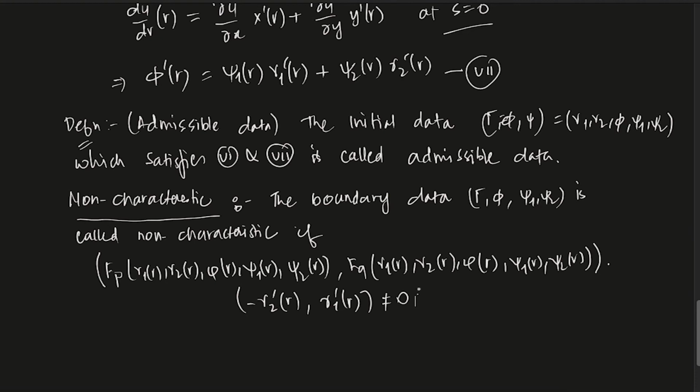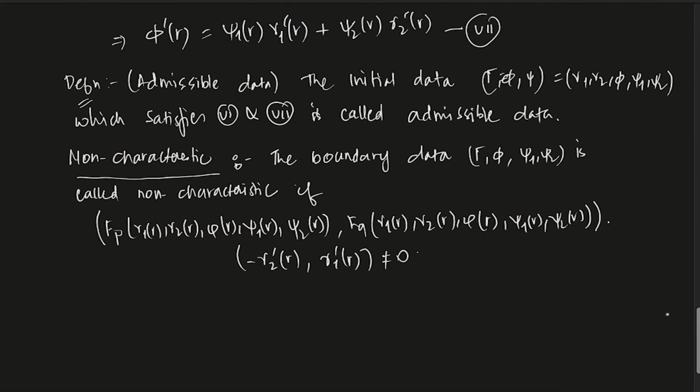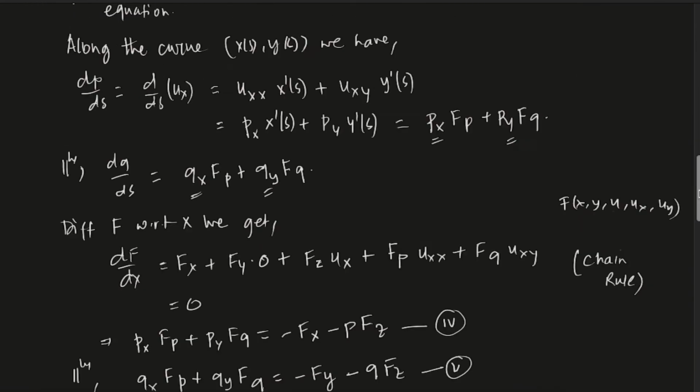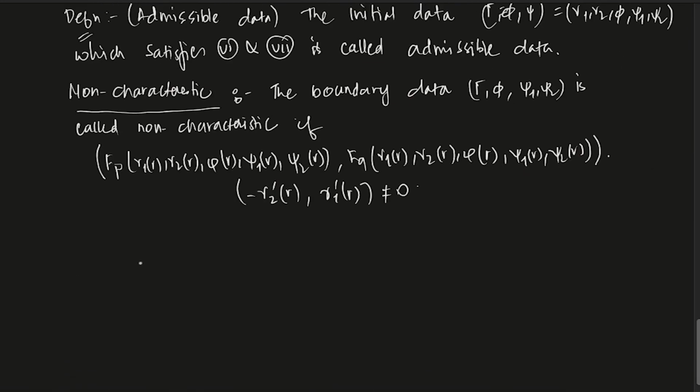And of course, you have the existence theorem. You can prove it in exactly the same way. I will give you the existence theorem later, but essentially, if you have admissible initial data, and the data curve is a non-characteristic curve, and it solves the characteristic equations given by 1 to 5, then you have a unique solution locally. But we can write it in a much better way.